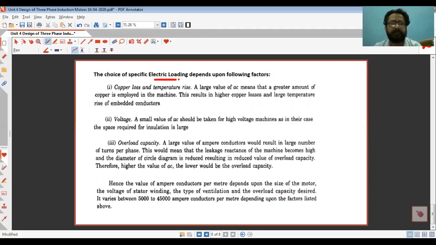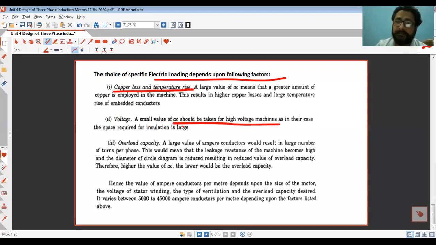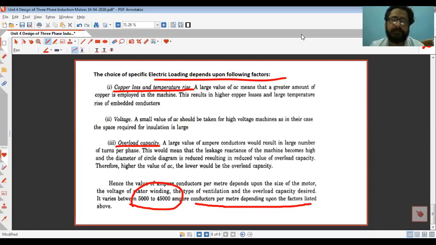Similarly, for specific electric loading, the factors which affect its selection are copper losses, because electric loading means current. High electric loading means high current, and high current means high copper losses. Again, voltage: a small value of AC should be taken for a high voltage machine. Here AC is used for specific electric loading, so for a high voltage machine, the value of specific electric loading should be kept minimum. Then overload capacity. It is mentioned here that for any machine, the value should lie between 5,000 to 45,000. So this was about today's lecture, guys. If you have any queries,